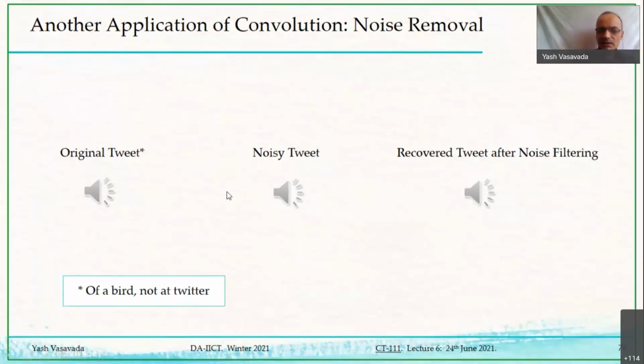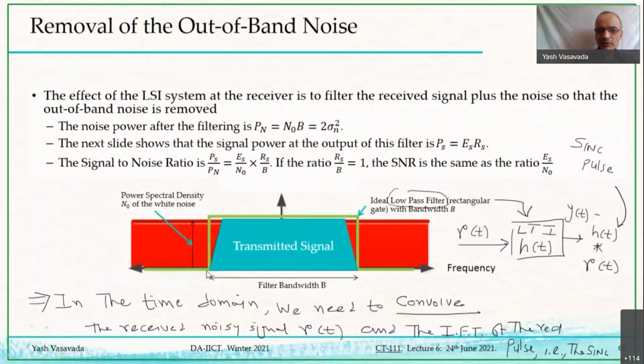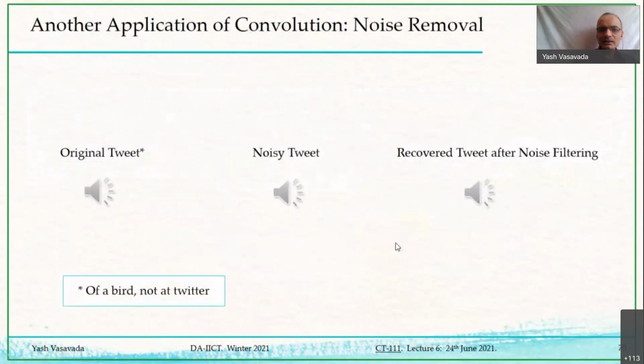Basically, the bird's tweet occupies a certain bandwidth in frequency domain, and that signal got added by a lot of noise. Maybe the bird is tweeting on a highway where a lot of trucks and heavy vehicles are driving, and they are making a lot of noise. And so if you play this noisy tweet,